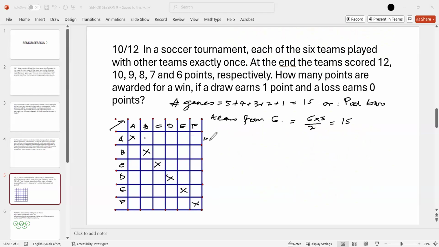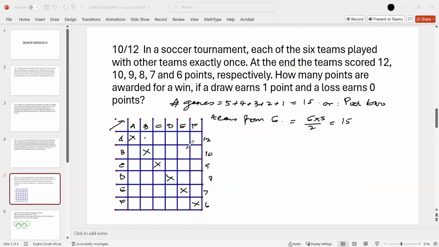So suppose A came first. I can always do it like this: 12, 10, 9, 8, 7, and 6. So the team called F scored only 6 points. Now here you can put numbers here,